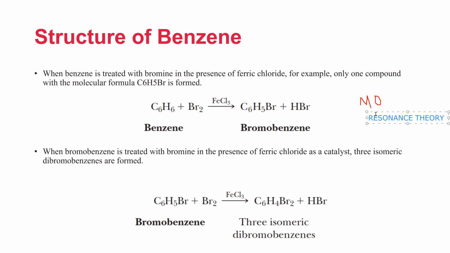So that is somehow out of this discussion and this particular lecture. So I'm not going into that detail, but if you want to read more about what the molecular orbital theory explains about the stability of this benzene ring and what resonance theory is, so please,